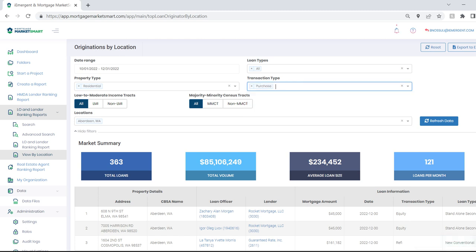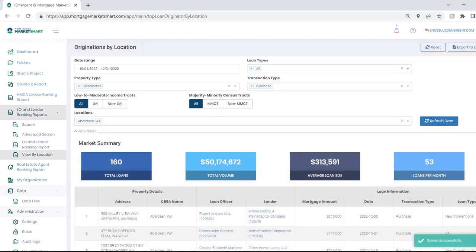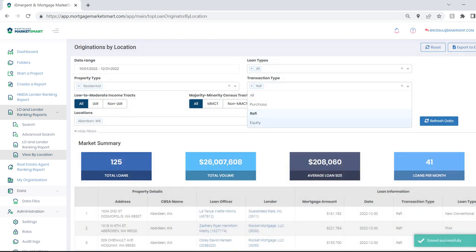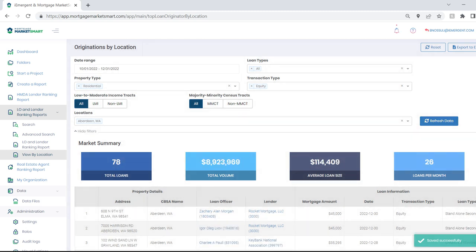So how many were specifically purchase loans? 160. How many were refi? 125. And how many were equity? 78. And again, you can slice and dice this however you wish. You can also go back and make sure to select all by unchecking that, and we get to the 363 again. And then we could export this file to Excel